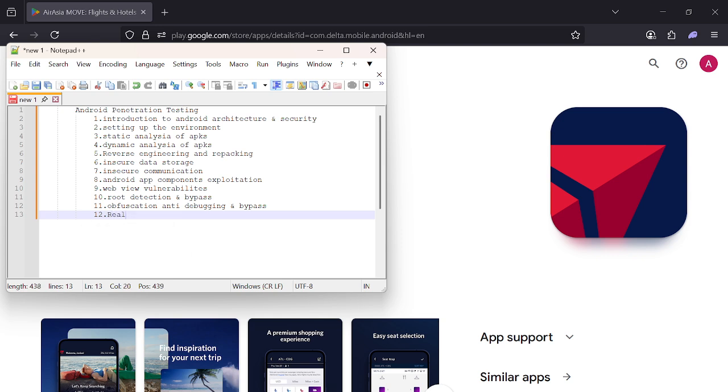Then at the end of our time, we would like to do real-world bug hunting and vulnerability testing. That's it. These are the 12 lessons that are more important. So we would like to test